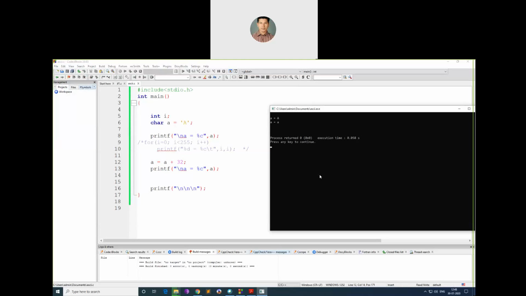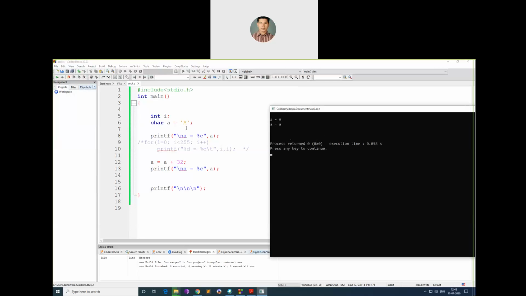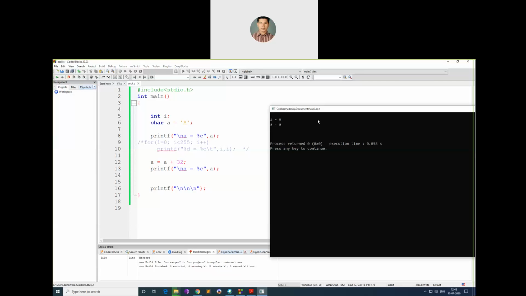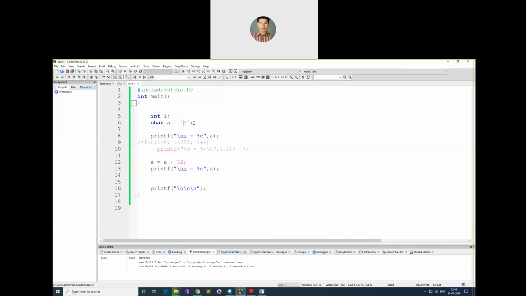So I have assigned a equal to capital A. I want to convert this into lowercase. So what should I do? I should add 32. Likewise, if it is capital B now, what will it be?